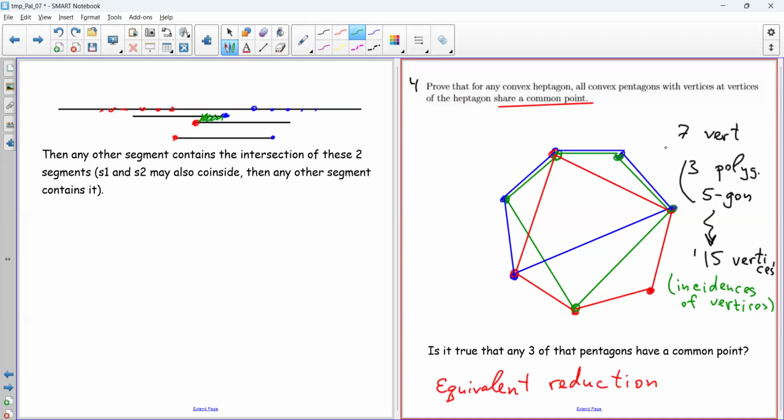Why is that? Just because if not, then by considering the contrary, each vertex has less than 3 incidences, not more than 2. Then the maximum number of incidences should not exceed 14, which contradicts the fact that we have 15 incidences. So we proved that 3 of them have a common point, and then